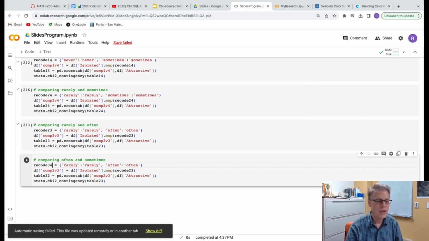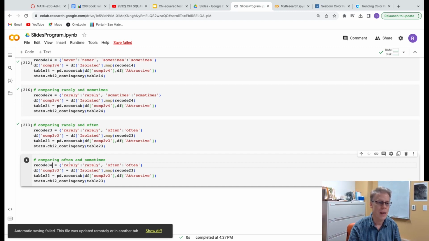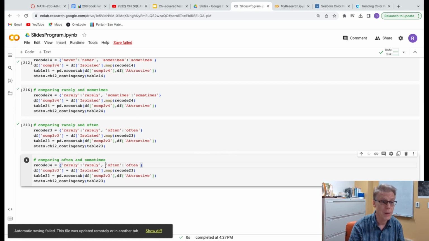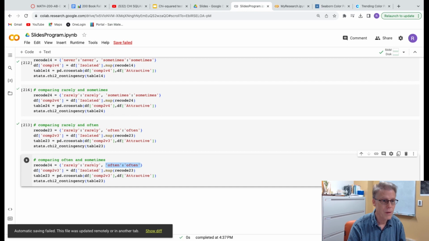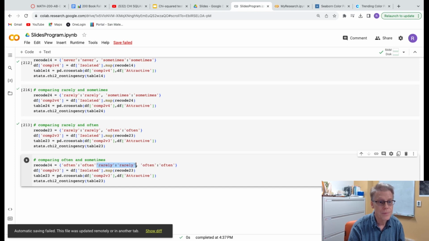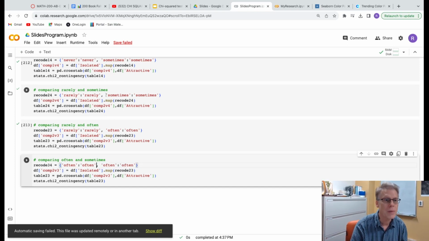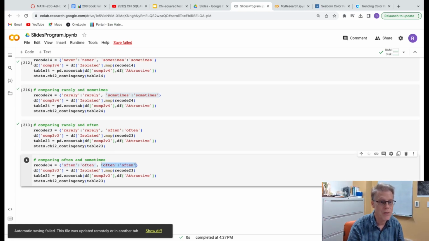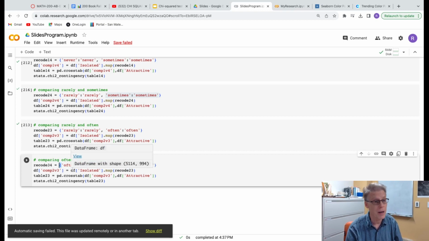Okay, what I'm doing is I'm setting up a way so that I can make kind of a subset of my isolated variable that only has the 2 categories I'm working with. And the ones I'm working with are often and sometimes. So I'm going to put often first, and then not rarely, but I want sometimes over here for the second grouping. And I'm not going to go through the details. I barely understand it myself, why you have to list this twice and put a colon in between. So it's a curly brace. We haven't used a curly brace before.